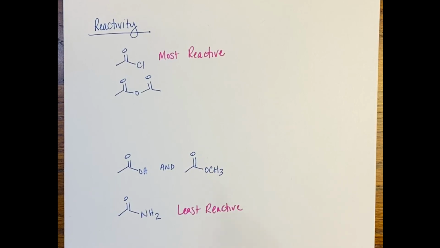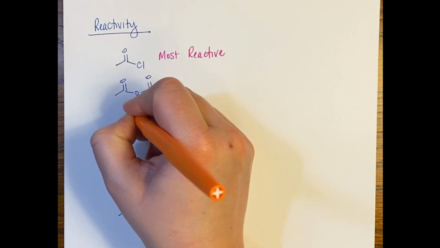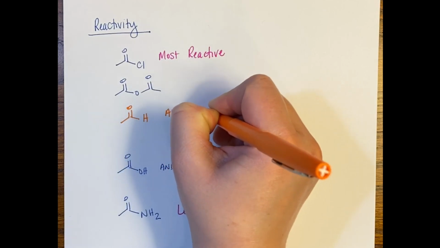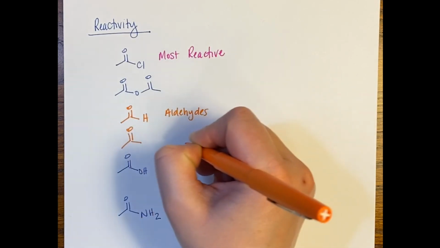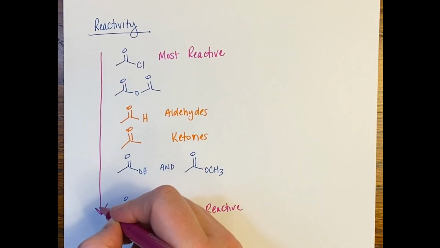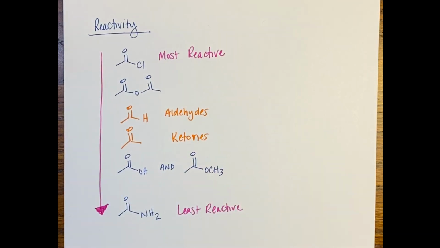So right after our anhydrides, this is where our aldehydes are going to go, followed by our ketones. So what we have is our most reactive as the acid chlorides, on down to the least reactive, which is going to be our amides. This is the reactivity pattern for the carbonyl compounds that we've talked about so far. Acid chlorides are most reactive, then anhydrides, then aldehydes, ketones, carboxylic acids and esters are about as reactive, and amides